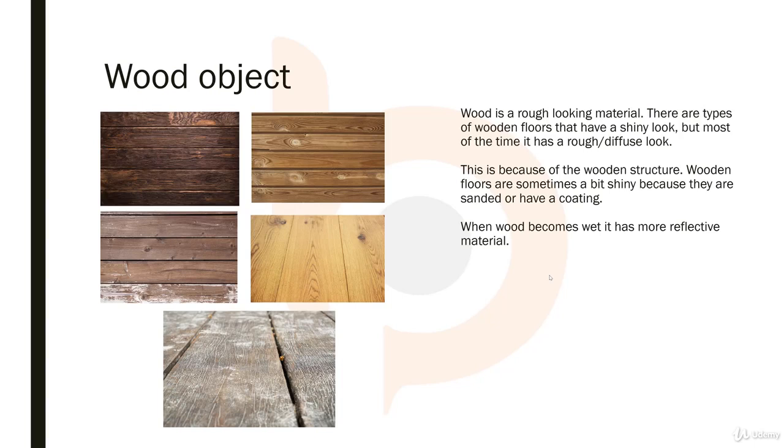If you have, for example, a wooden floor in your house and there is some extra layer to protect it, it can look very shiny when the light is hitting it. But if you have, for example, some planks outside, the rain will hit it, and during the year it will look more rough, like you get some scratches on it, and it won't look really shiny. And that has everything to do with how the wood